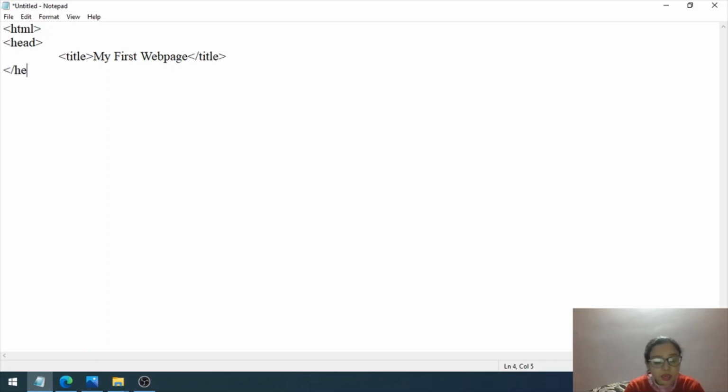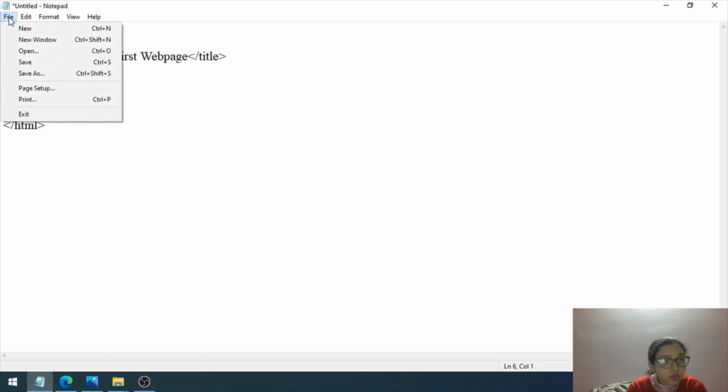In the next line I'm ending the head tag also. Now I'm putting the body tag and I'm closing the body tag, followed by closing the HTML tag. I have not given any content here in the body tag because I want to first save the file and show you the output.